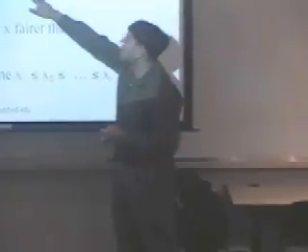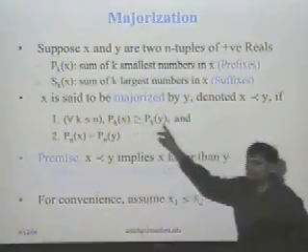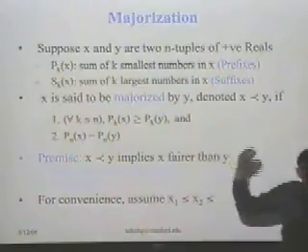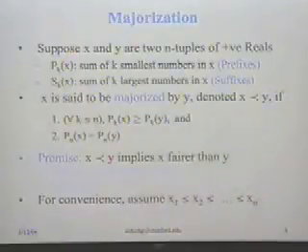We'll say x is majorized by y, and we'll denote it by x, this funny less-than symbol, y, if for all k, pk of x is greater than or equal to pk of y, and for the final prefix, the two are the same. So what does it mean that pk of x is greater than or equal to pk of y for all k? It means that the bottom half, say k equals n by 2, of society in x is at least as rich as the bottom half of society in y. The poorest guy in x is at least as rich as the poorest guy in y. The 10 poorest guys in x together are at least as rich as the 10 poorest guys in y. So that is x majorized by y.